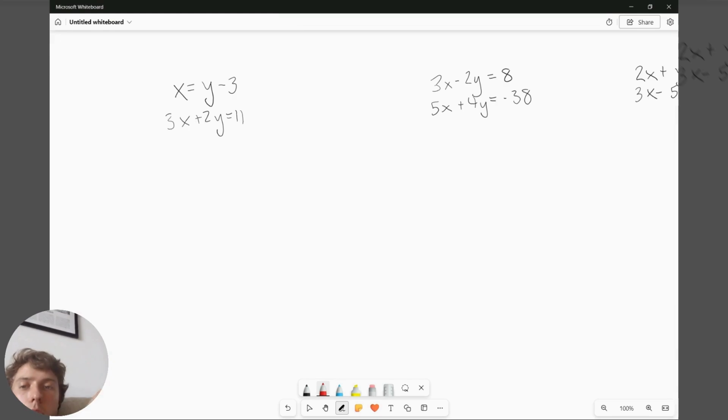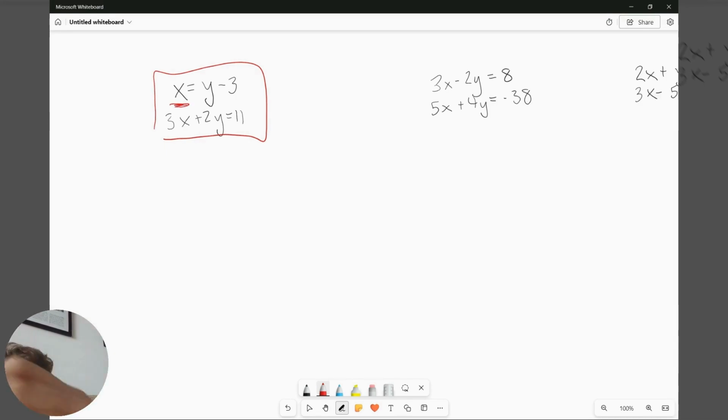We're still on section 2.5, looking at solving systems of equations. Today we're going to be discussing the difference between solving using substitution and elimination, just kind of learning when to use both methods. If you look at this first system over here on the left, one thing you should notice